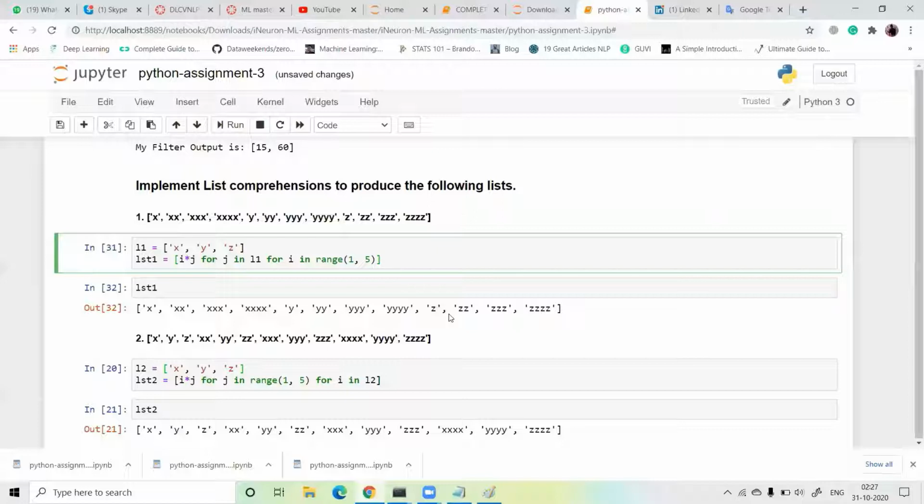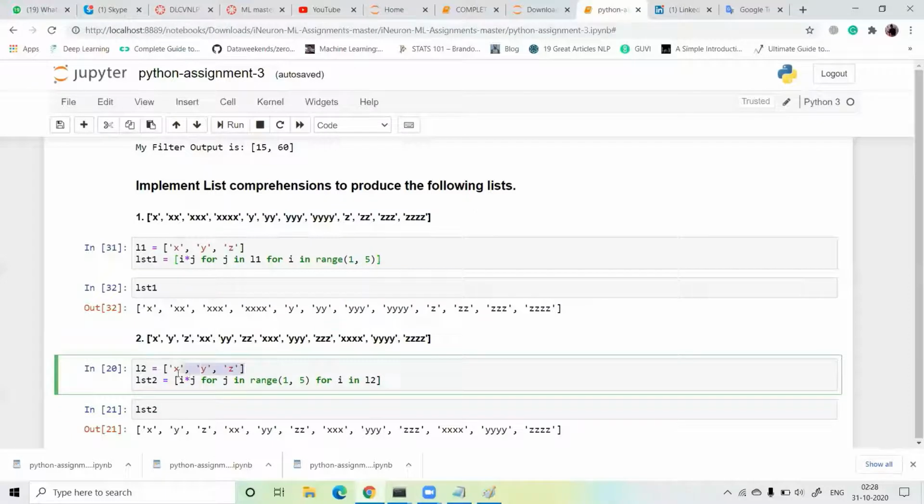Next program is xyz, double x, double y, double z, triple x, triple y, triple z, 4x, 4y, 4z. Again I take the string value xyz and write for i in L2. What is L2? I just take the value of L2.